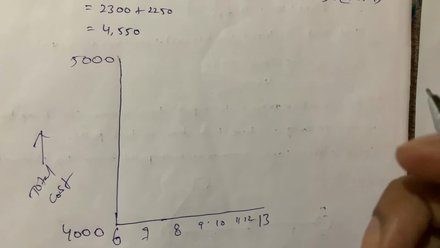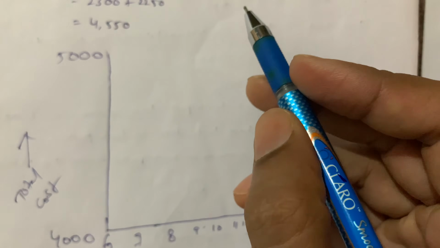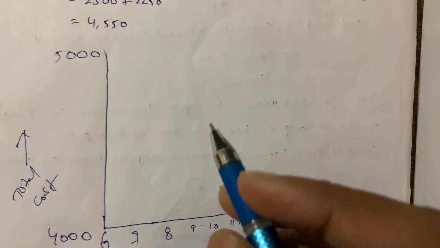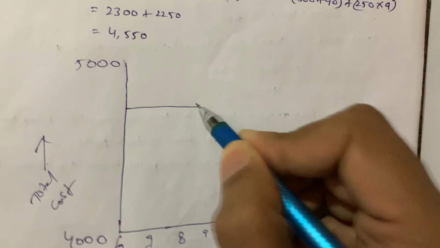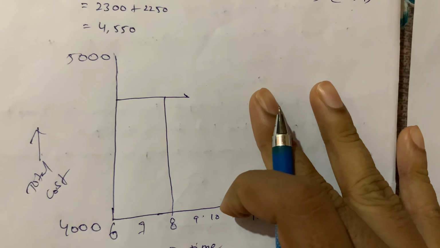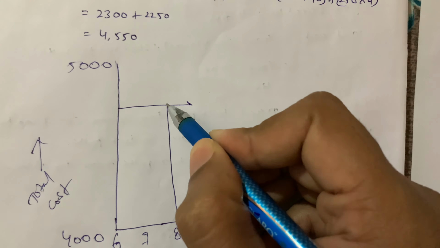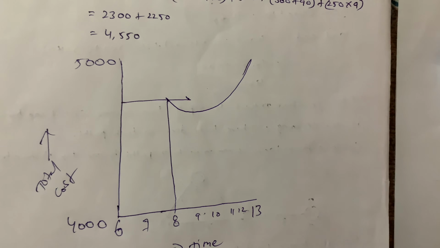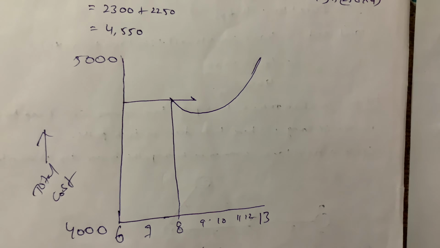So by plotting this we will get all crash cost, like that. The first point is somewhere, if we consider that all crash time and all crash cost here, so somewhere we will get like this, okay. So after that I'll show you, I'm showing this roughly. So here we will get the plot, that is total cost versus time curve, okay. So this is the total cost versus time curve.